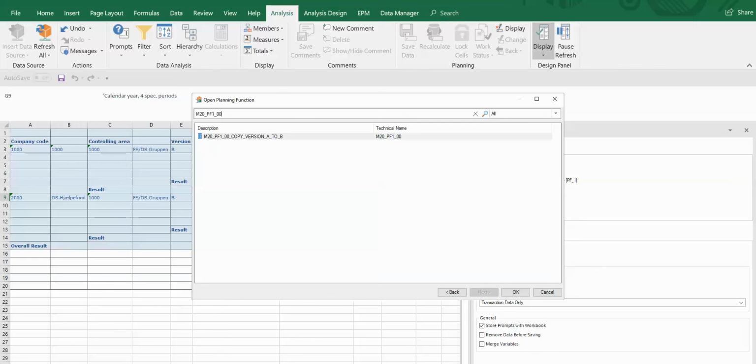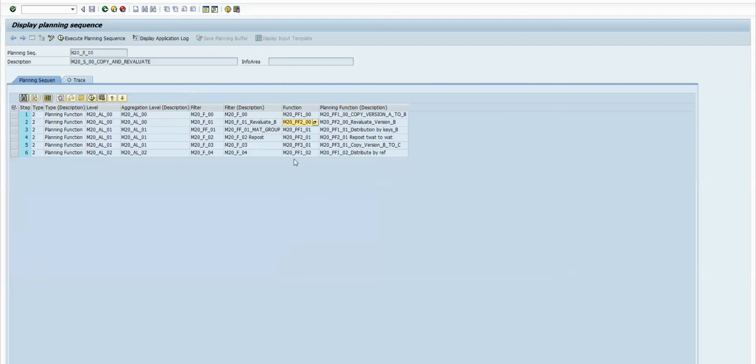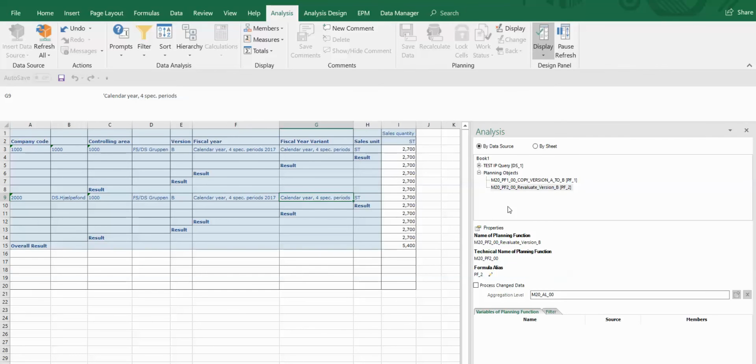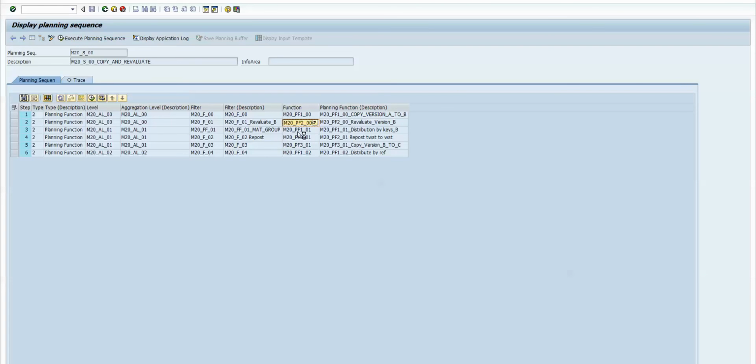What was that? My planning function is this one. So I'm searching it here. I got it. I will click OK. I think you have seen my previous videos on revaluation. What it does, it just increases the value by some percentage. I can define here as 20% or 10% like that. Before executing this, I want to show you on the system. What does this planning revaluation do? Go to this